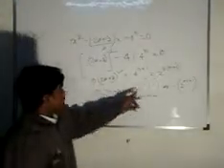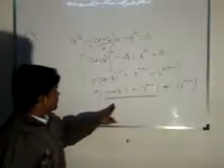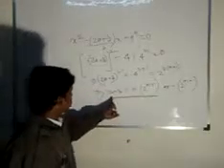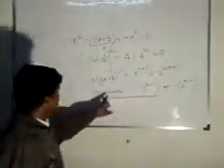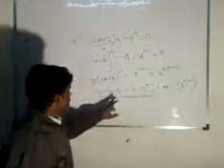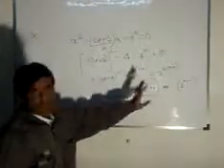If we take first only the positive one, we have to choose a and n such that the left hand side equals the right hand side. Similarly, if we take the negative one, we have to choose a and n in such a way that the left hand side and right hand side are the same. So first consider 2a plus 3 is equal to 2 to the power n plus 1.